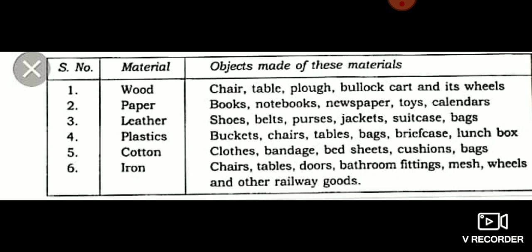So naturally occurring materials are the materials that occur in nature. For example, wood, cotton, jute, silk, mud, and all kinds of fruits and cereals. These are all the materials which are occurring in nature. Therefore, these are classified under naturally occurring material.